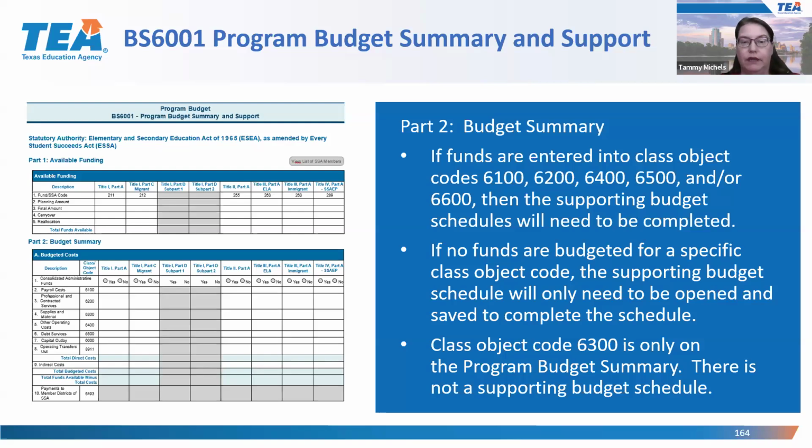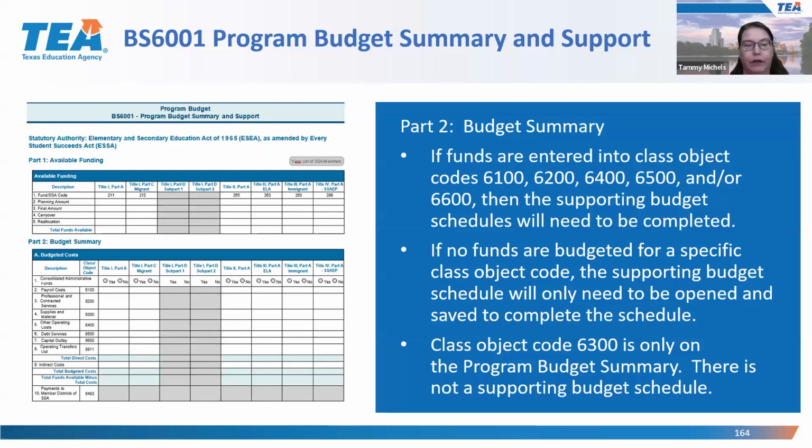Funds are completely budgeted when the line total funds available minus total costs equals 0. So a few helpful things to remember when you're completing Part 2 is that all expenditures, including the amounts budgeted for items not requiring specific approval, must be budgeted within the appropriate class object code in order to be reimbursed